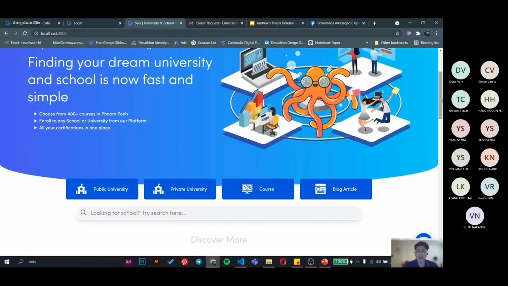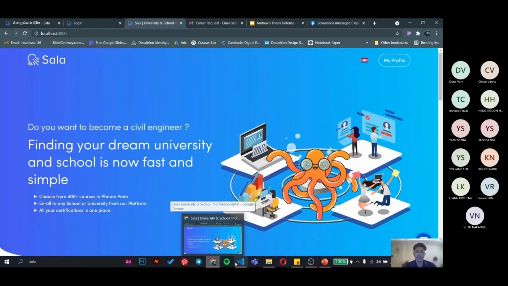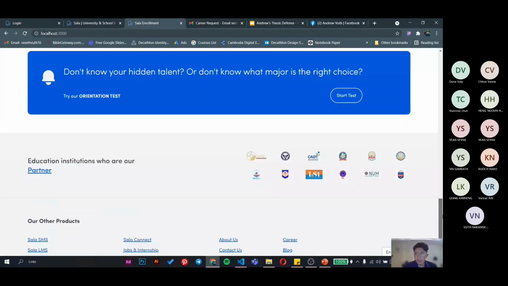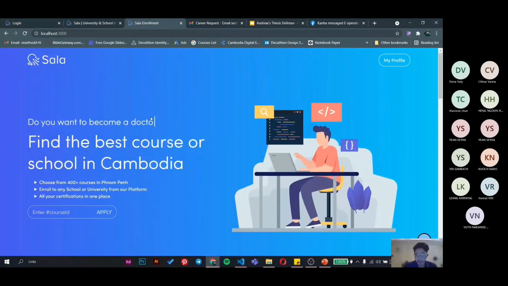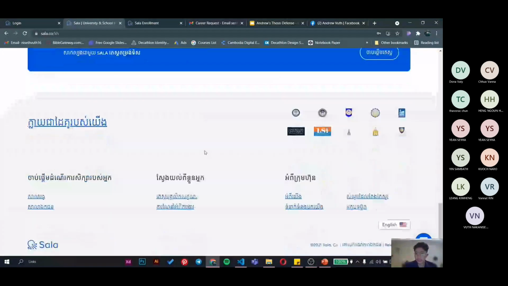Another thing that I did is to rework the landing page, the overall design of the landing page. But in order for me to show you that, I have to go into the first branch that I worked on so I can compare it for you guys. Okay, so this is how it looked when I first started on this project. And then this is what I designed, what I reworked in the redesign.